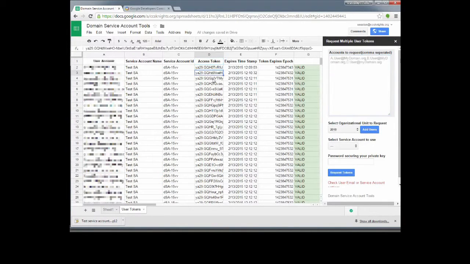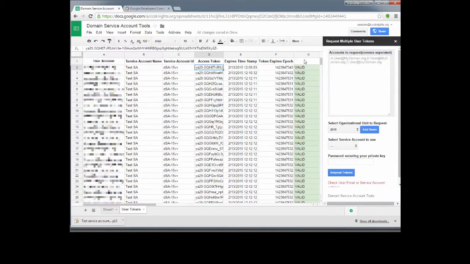Oh, in fact, I forgot to show you one more thing. After 1 hour, these tokens are only good for 1 hour, then they're going to expire. It shows you right here in the timestamp when it expires, and there's also epoch time. It's good for doing calculations and stuff like that, and whether it's valid or not. When these are not valid anymore, you cannot make any requests with these tokens. These tokens are invalid, they're gone. So what we need to do is we need to